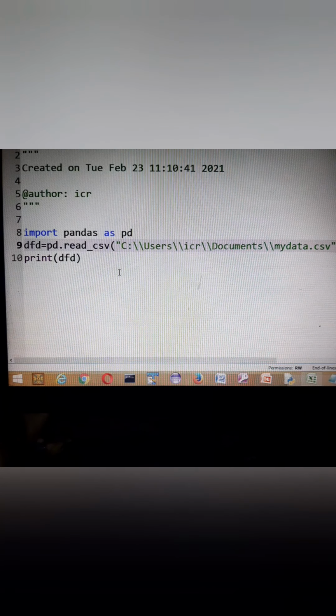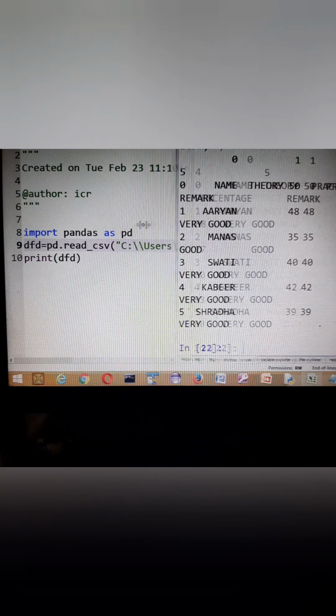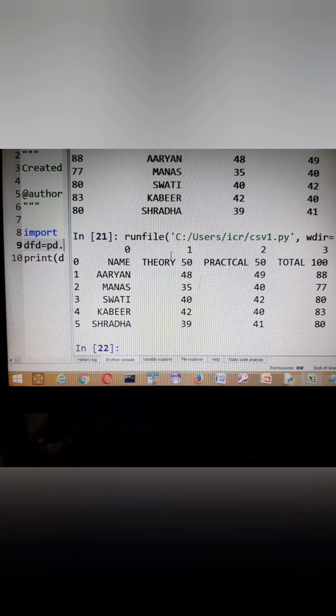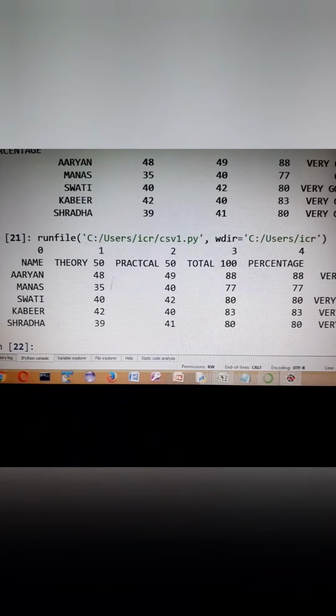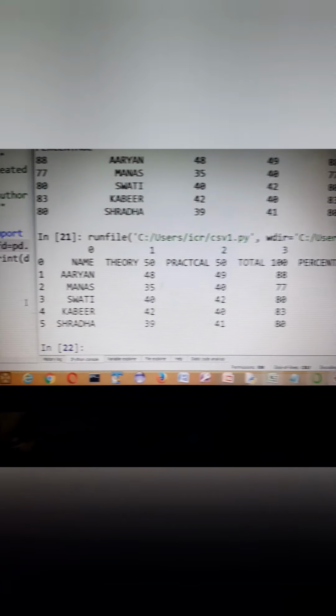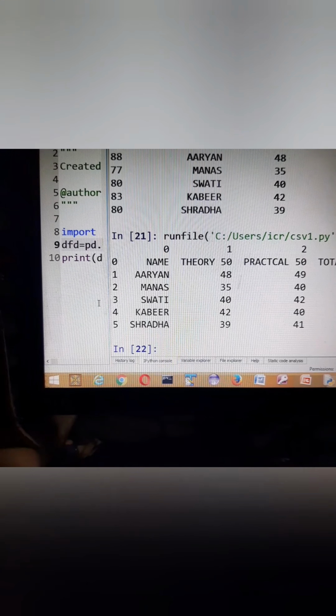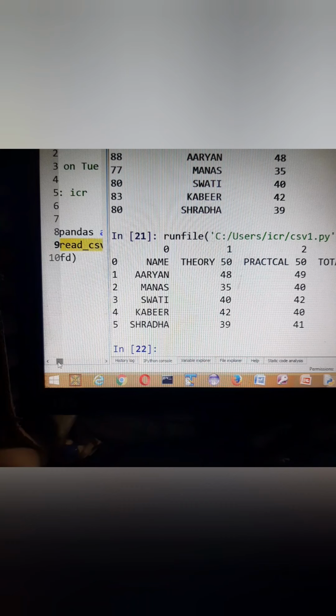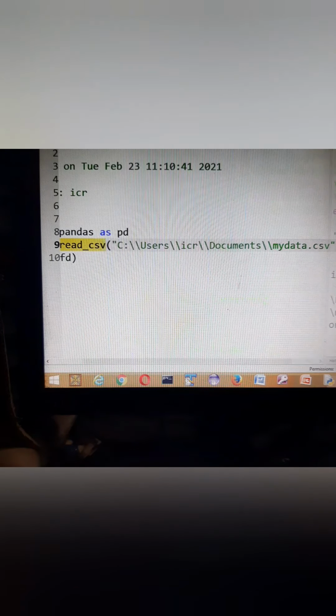So before I run this, let's see with F5 if I am running this program. Since I have written header is equal to none, at the top I am getting here 0, 1, 2, 3, 4 and so on. And at the fourth position you can see over here I have got percentage. So in order to find the maximum percentage, I will write my data frame name and the fourth column position dot max.